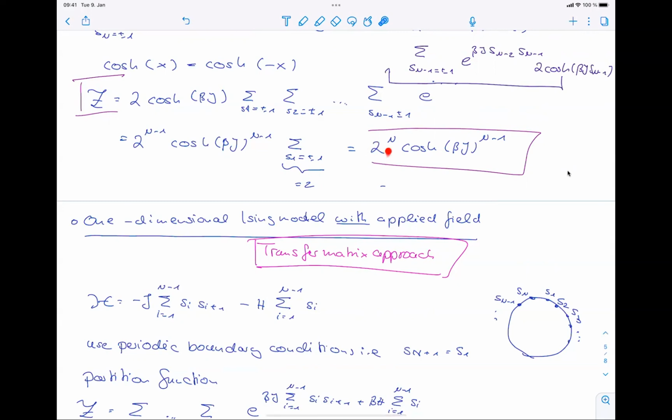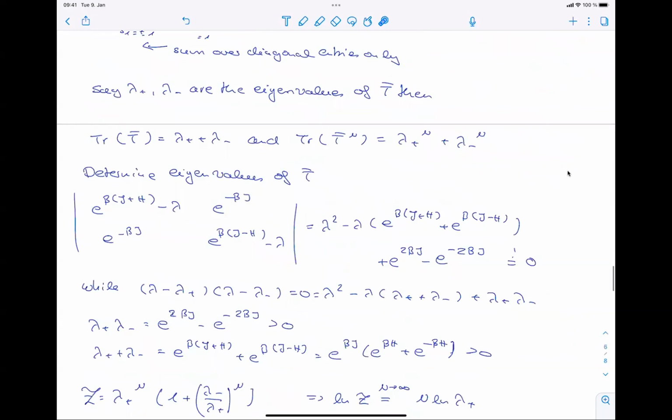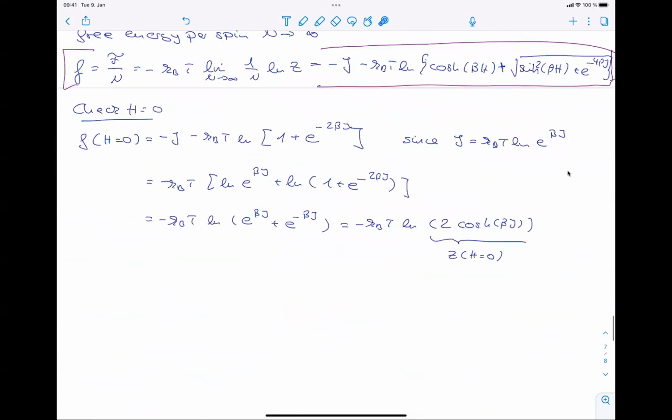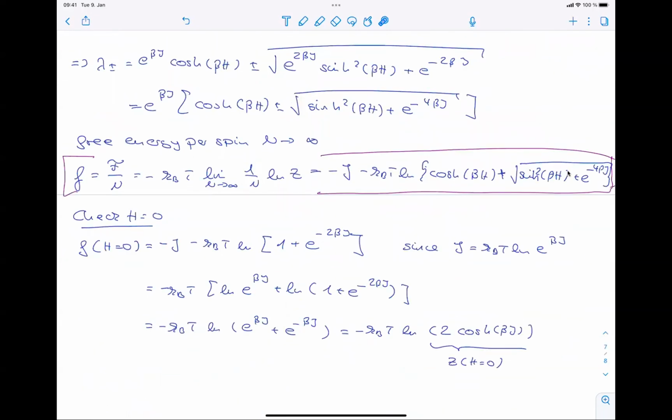So what is important to find the functional dependence is that I have 2 cosh beta j. Back, there we go. So we assured that our transfer matrix approach got us to a result that we can